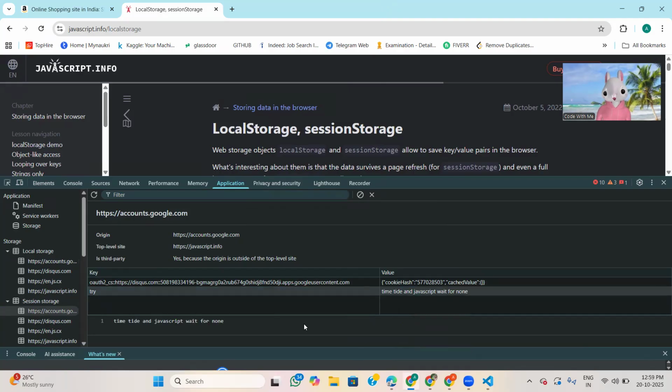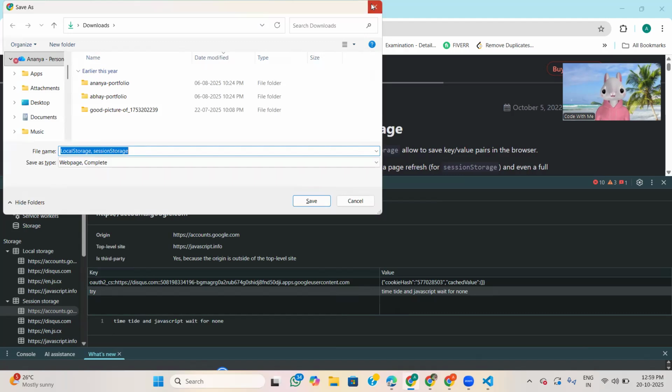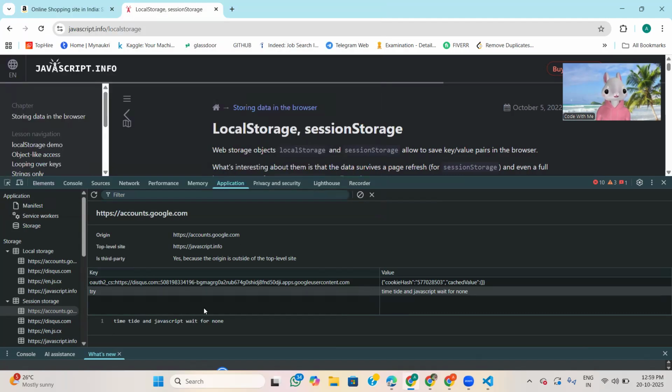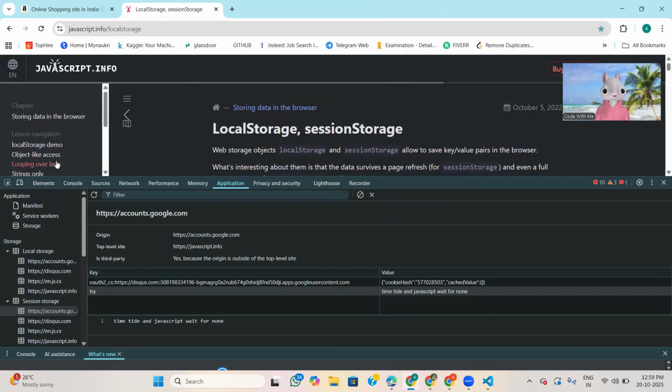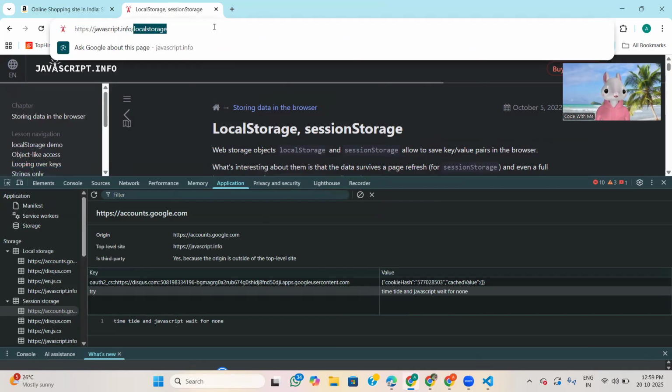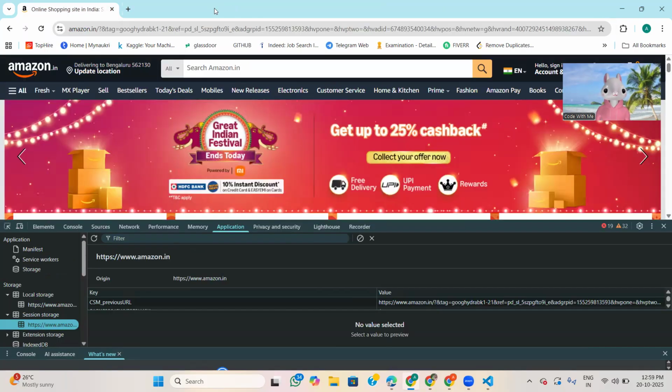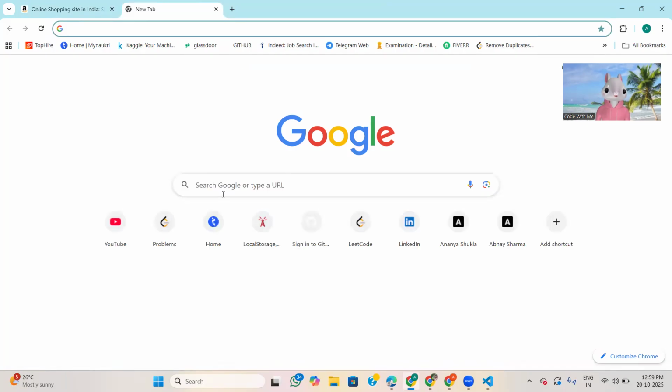Okay, now I gave it here. So what is happening is, when I reload or refresh this page, it will be gone. If I go here and cancel this thing, and again come back,